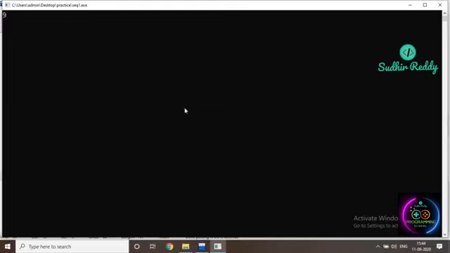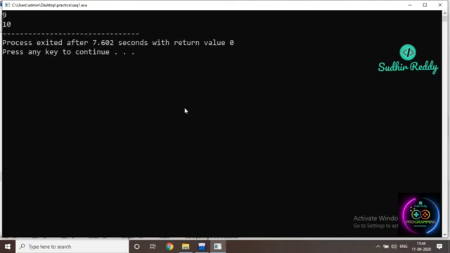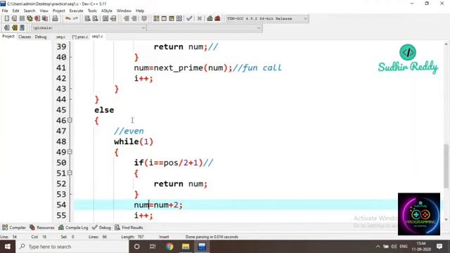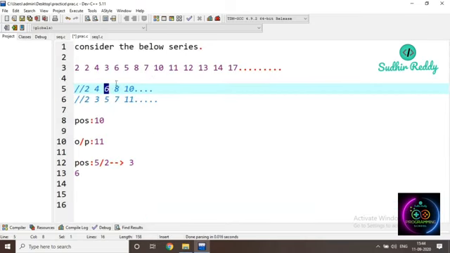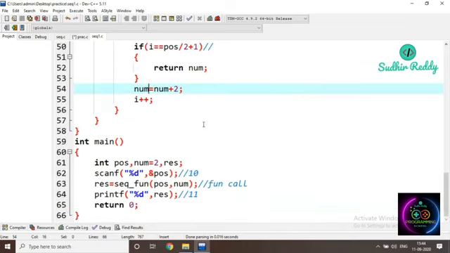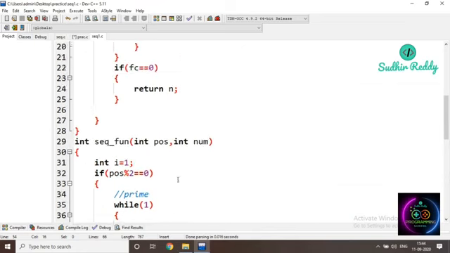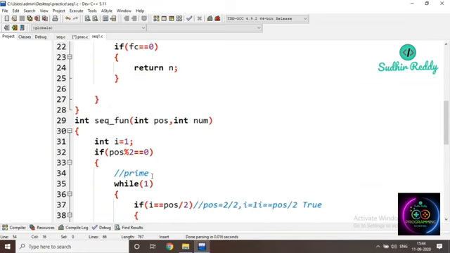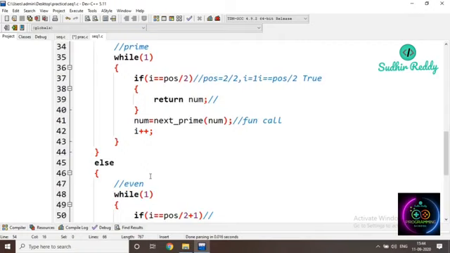If it is going to be 9, definitely it is going to be an even number. No doubt about that. This is going to be 10. Just we have to calculate, is in the 9th position the 10. This is 1, this is 2, this is 3, this is 4, 5, 6, 7, 8, 9. In the 9th position 10. Okay. In this way we are going to find this one. A simple function, we are going to consider this program as the parts of functions, function definitions, next prime of, and generate the sequence like this. Yes, this is about this pattern.